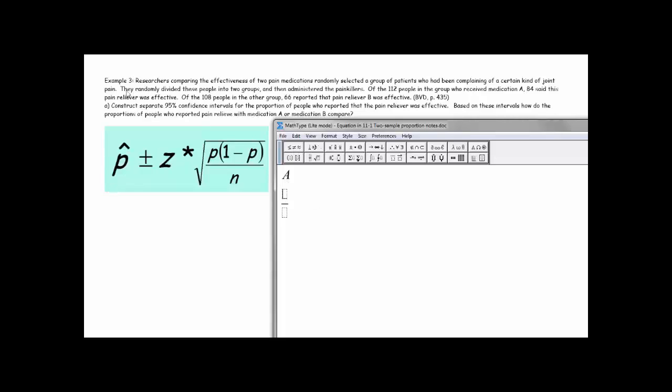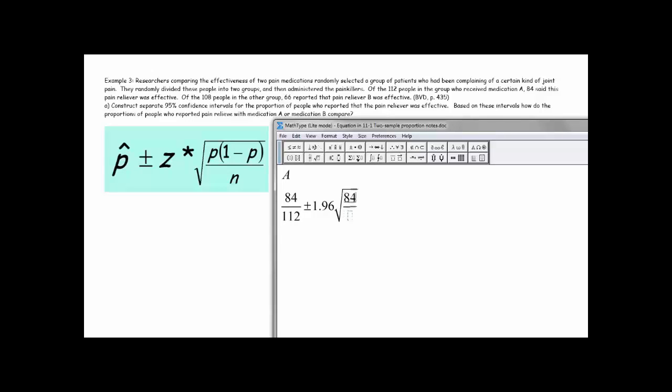So we're going to read through this again. Of the 112 who received medication A, 84 said the pain relief was effective. So our p hat for A is 84 out of 112. And then I want to do plus or minus the z star for a 95% confidence, which is 1.96. And then I want the square root of, I'll do a fraction there,